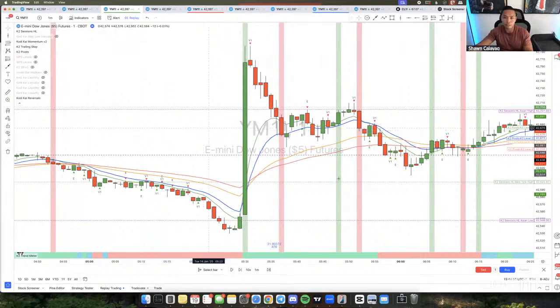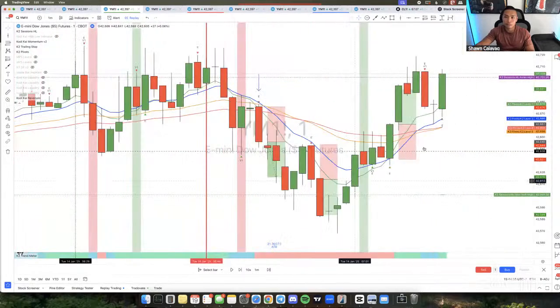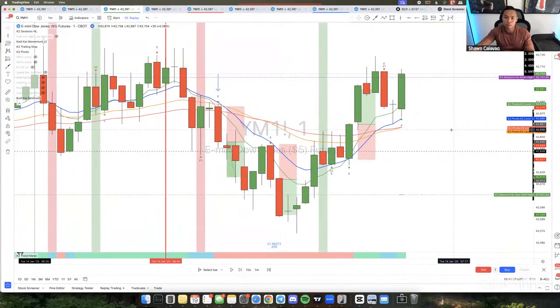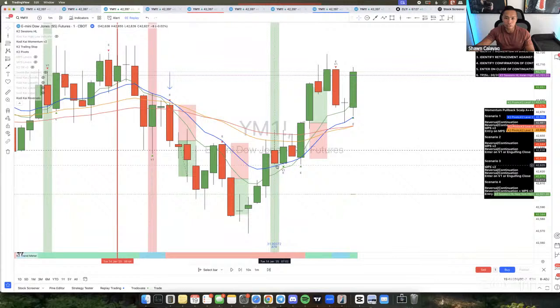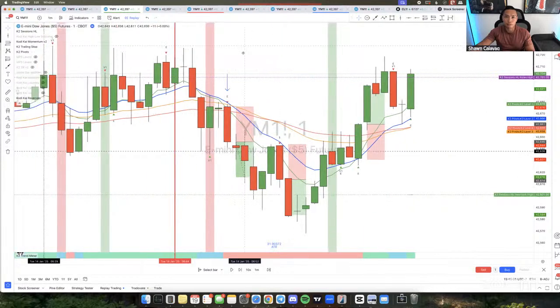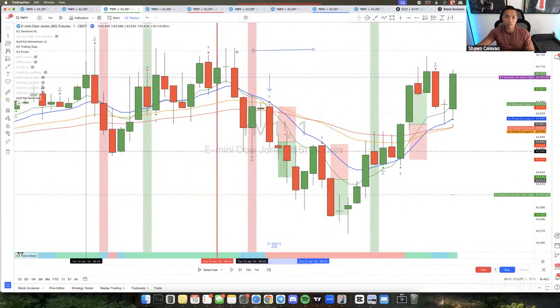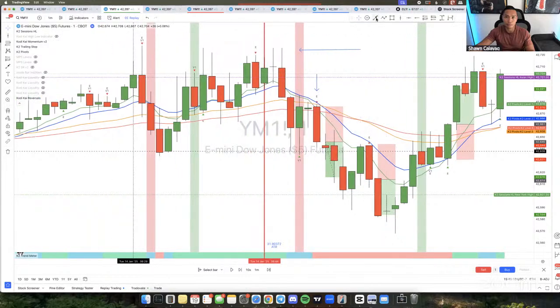But for the most part, I typically just look at the body. Same with the V1s. I look for double body rejection or double wick rejections, but not necessarily huge bodies. As you can see over here, not huge bodies, huge wicks. If you get a big wick like that, usually it's going to bounce off or push the other way, which is good, but usually don't see that very often.